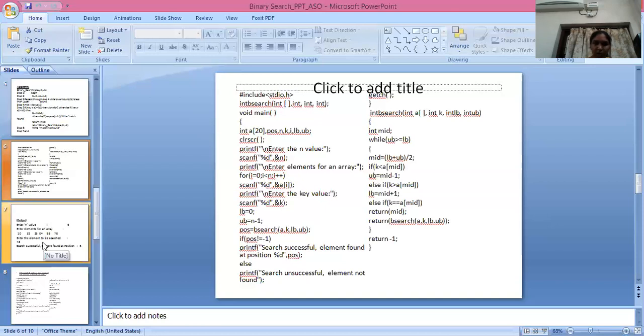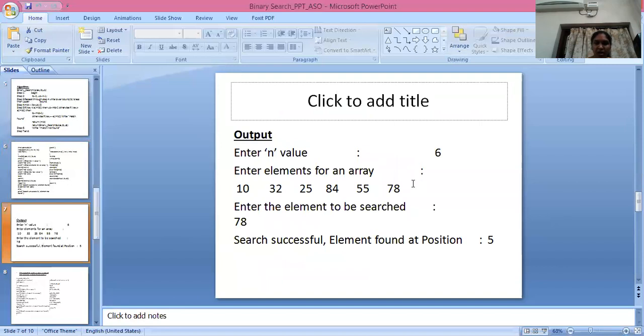Here is the example for binary search. Here is another output for binary search. Here I can take n value as 6. Here are the elements. What is the searching element? 78. What is the mid value? 0 plus n minus 1 by 2. N minus 1 means 5.